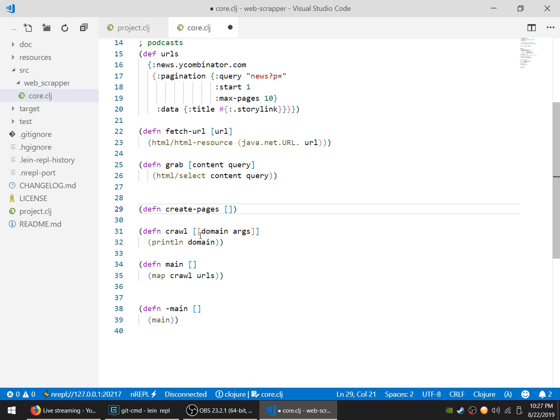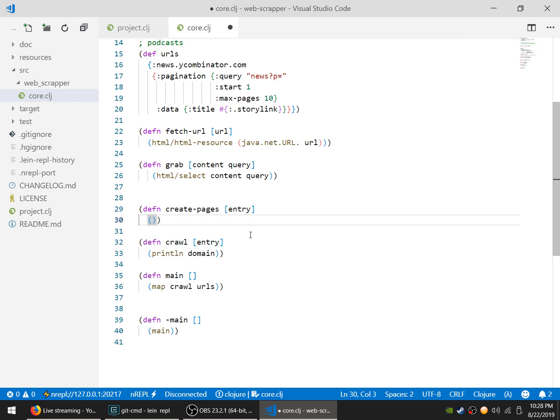So is there any way in Clojure to have these and also the whole map, which I think would be the entry pattern, right? So let's call it entry, right? We will call it entry and pass this entry, and okay, what we do next now, create pages, we call entry, and first is domain name, so let's create a let, right? And on entries call first,